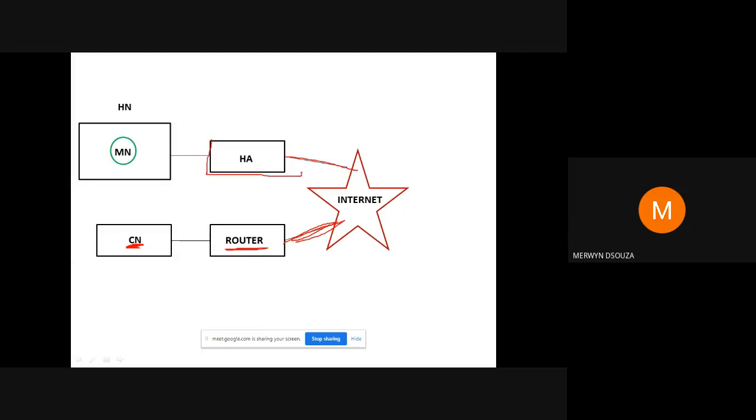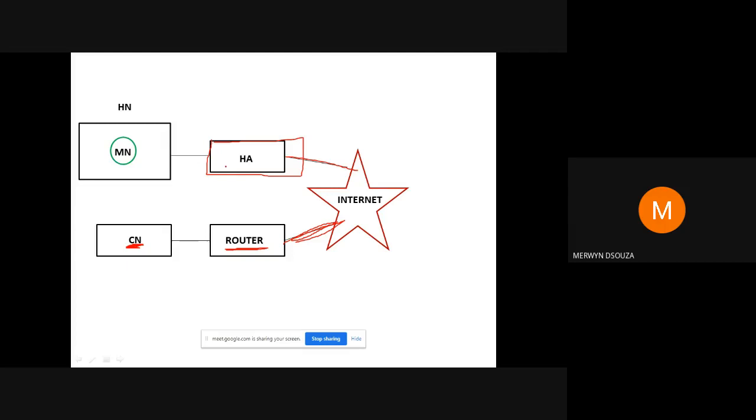So instead of a security guard, you will be having the home agent. This home agent is nothing but, again, a router. The home agent's main responsibility is to check whether the MN is present within the home network. So the home agent basically maintains a list of all the nodes within the home network. One of the nodes within the home network is your MN, which is your mobile node.